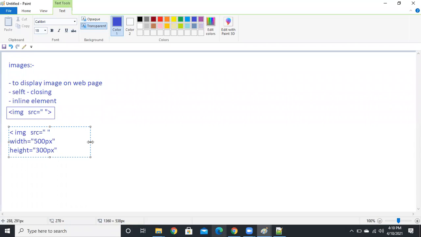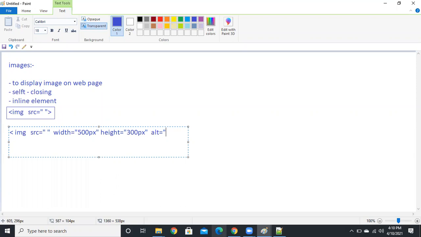And we have one more attribute, alt, short for alternative. Suppose the image is not displayed, because you entered a wrong path or there are loading issues, then you will get the alternative text. Alt means alternative.